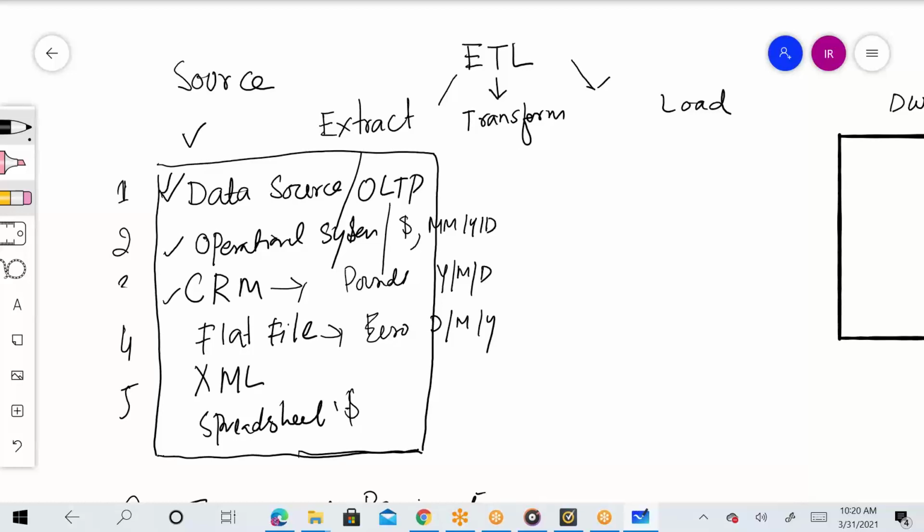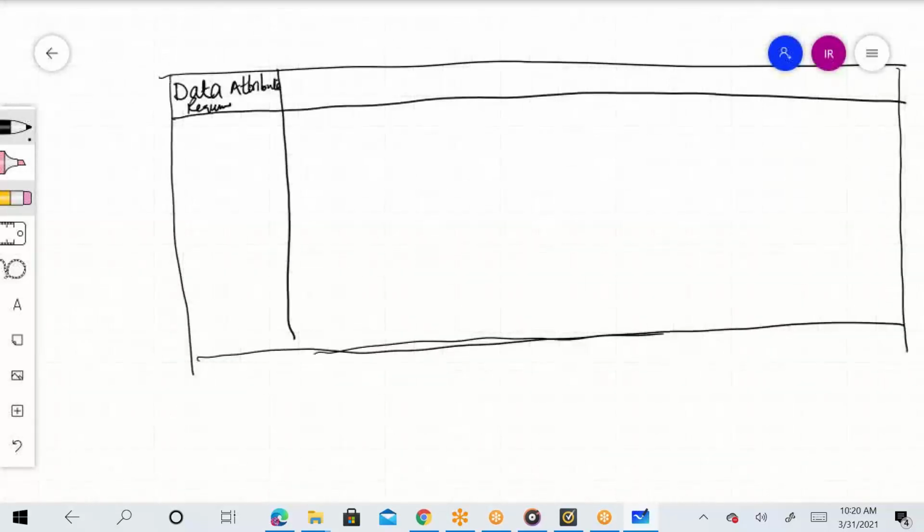Second thing, you need to question them, which already will be made available to you, that these sources are, one source is in Excel, one source is in SQL Server, one of the data sources is Oracle Server, one of the data sources is flat file data, one of the data sources is XML file data. So identification of those source types. And the most important thing for you is, let's suppose they say, okay, we want to have data from our operational system. So you will ask them, can you give me your data requirement? What data do you want to move from your operational system? So they'll say, we want to move,